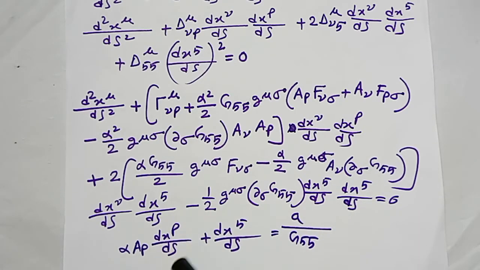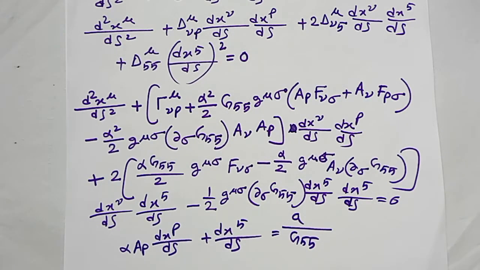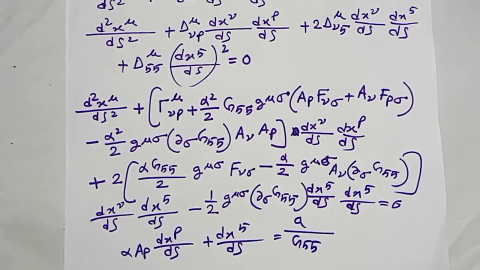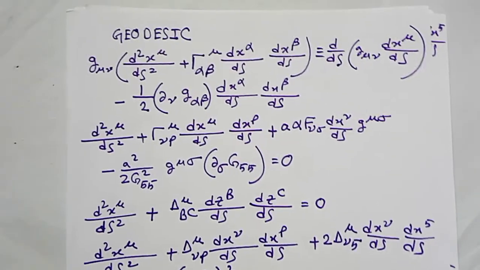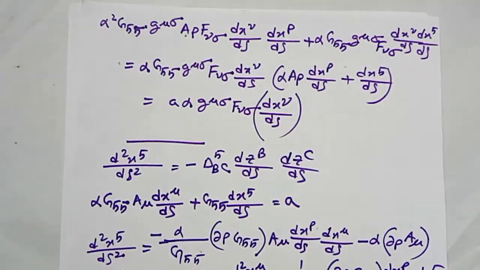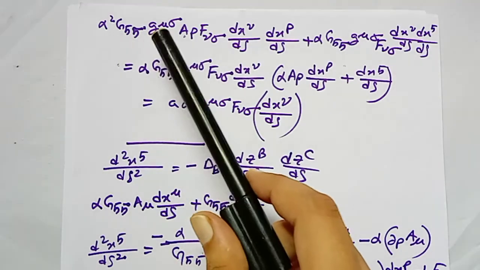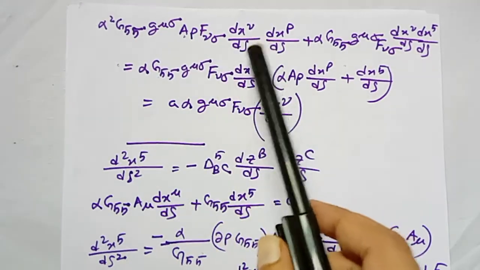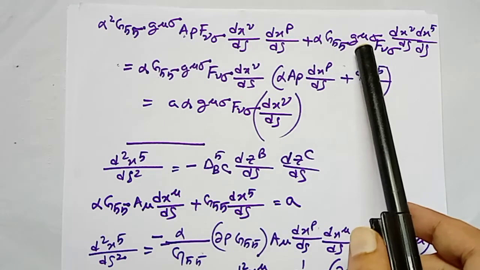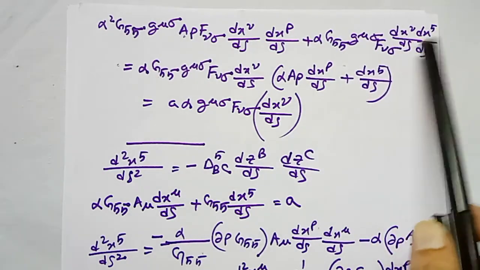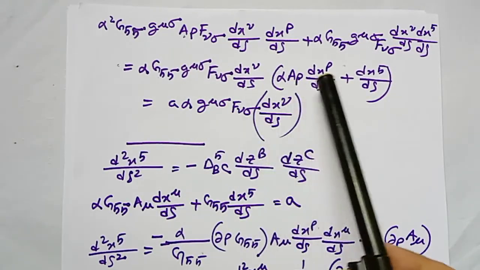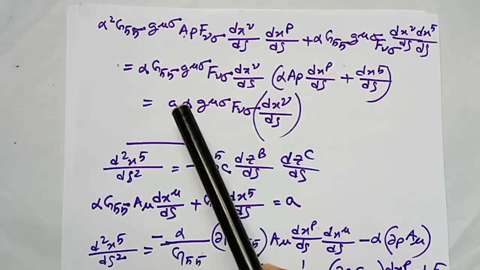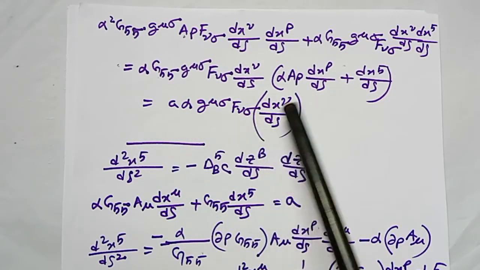Alpha A_ρ dx^ρ/ds plus dx^5/ds, divided by g55. Now α² g55 g^μσ A_ρ F_νσ dx^ν/ds dx^ρ/ds plus α g55 g^μσ F_νσ dx^ν/ds dx^5/ds equals α g55 g^μσ F_νσ dx^ν/ds times α A_ρ dx^ρ/ds plus dx^5/ds, α g^μσ F_νσ A dx^ν/ds. Now